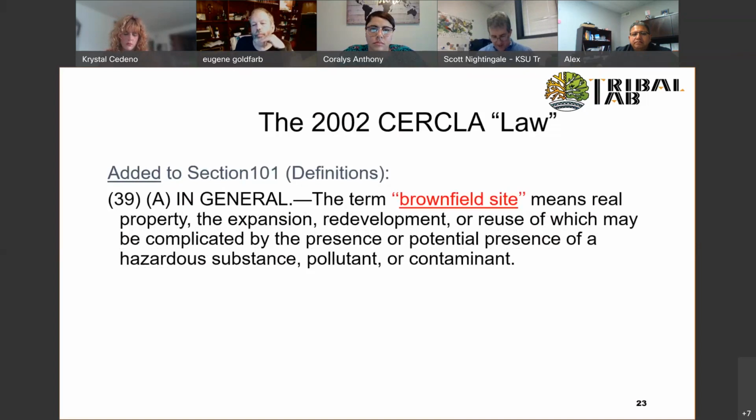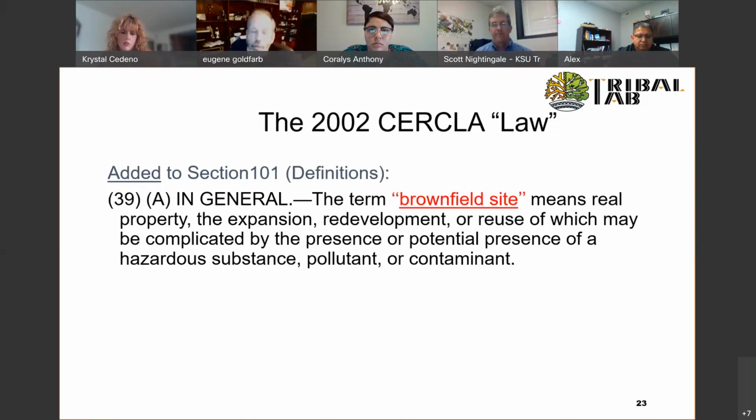All right, we've talked a little about CERCLA and brownfields laws. That's the definition again, and one of the keys is this is the combination of contamination or potential contamination with redevelopment and reuse. Brownfields program is not there just to clean up sites if they're not going to be used and redeveloped. The program exists to help tribes, states, other communities, with cleaning up things that need to be back in productive use. And so that's the emphasis of the program.